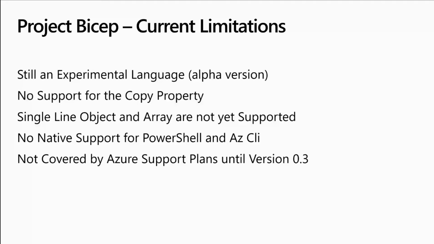And this is really one of the big things at the moment. You can't compile it using PowerShell and AZCLI, which means that if you're going to be using these in pipelines, for example Azure Pipelines, there's no built-in way to compile these. However, in GitHub, there are built-in actions that you can use in order to compile it. And we'll take a look at both of those.